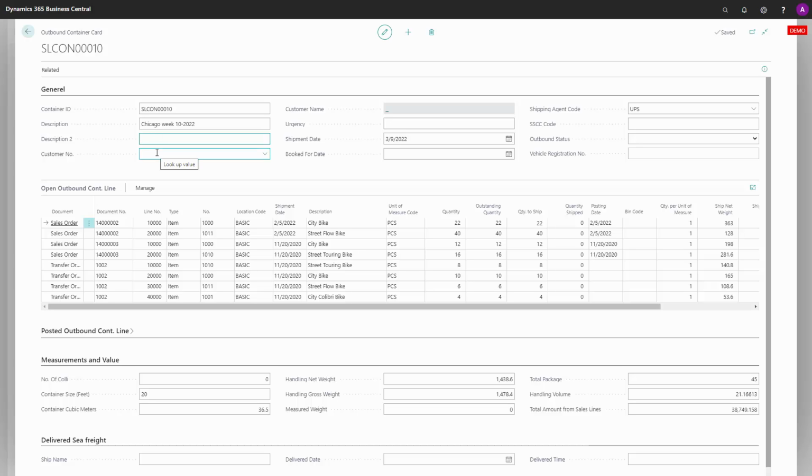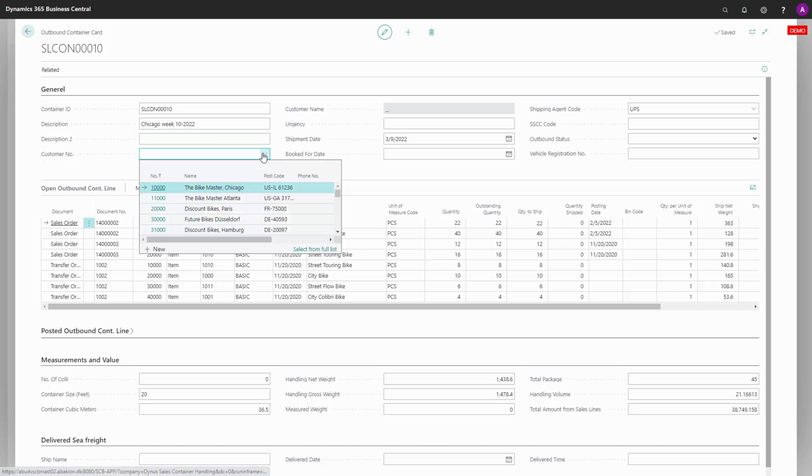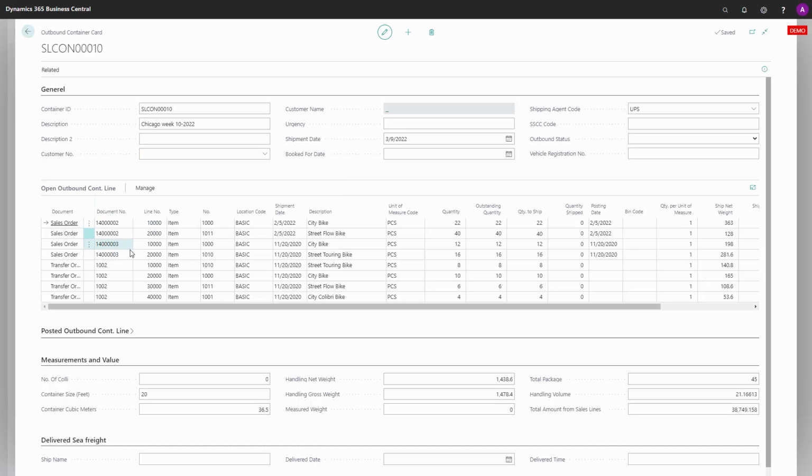If the container is for only one customer, you could add a customer number from the customer list and thereby import lines based on that customer. So if it's for a single customer, use this field. In this specific container, I can see that I have different customers and also a transfer order, and therefore the customer number is deleted. The urgency field is actually a free text field where you can write whatever you want, just to see in the overview if it's urgent and what you're going to do with this container.